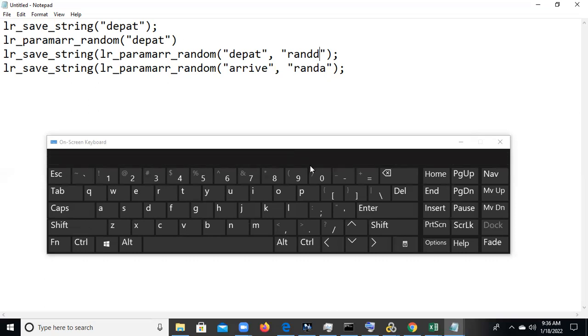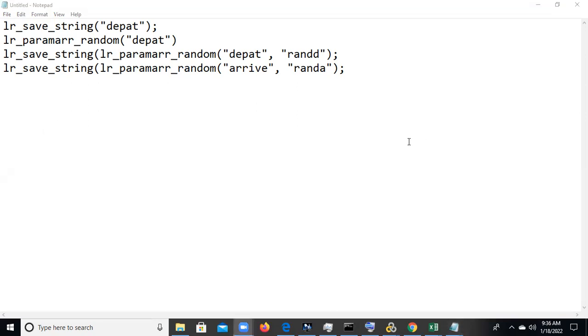One more thing: lr_save_datetime. This is one of the LoadRunner functions for us. With lr_save_date_time, it assigns the current date and time to a parameter.